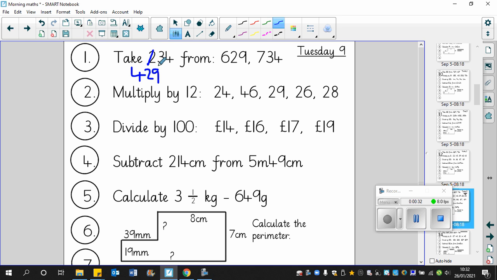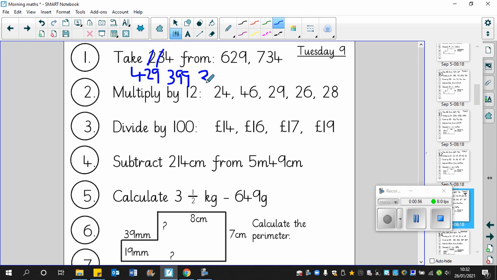Now we'll take away 30, so 629 take away 30. Well, we can see that's going to take it just below 400. So the answer to that will be 399. Okay, so 429 take away 30 is 399, and then finally we'll take another 4 away from that, so